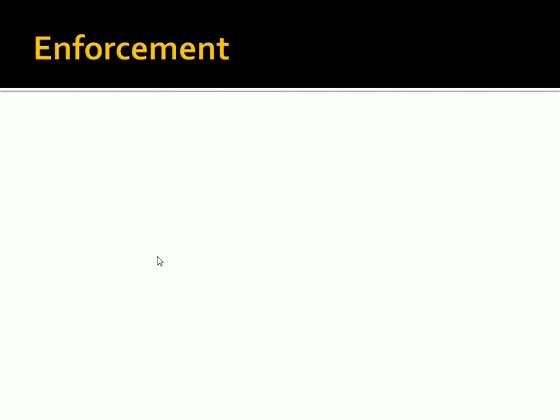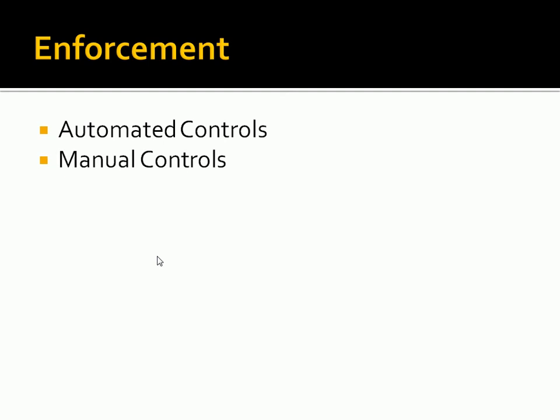Enforcement. So once we implement these policies, now we have to worry about how to enforce these policies. This unit in the book is pretty short on enforcement techniques and things that we can do for enforcement, but I'll cover what's in the book here. They talk about three primary things we can do for enforcement. We can use automated controls to enforce policy. We can use manual controls, which involve people, to enforce policy, both users and administrators. And we can use monitoring to enforce. So we can use some monitoring techniques to make sure people are abiding by these policies that we've created.